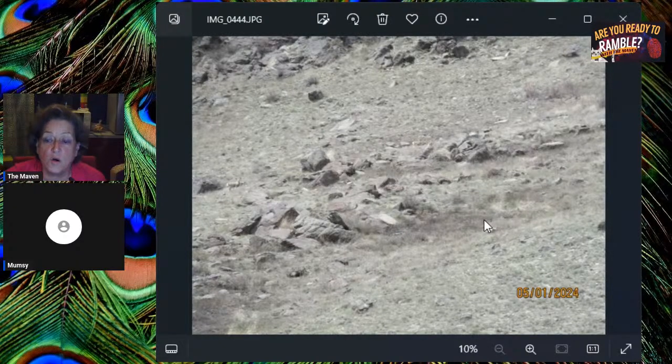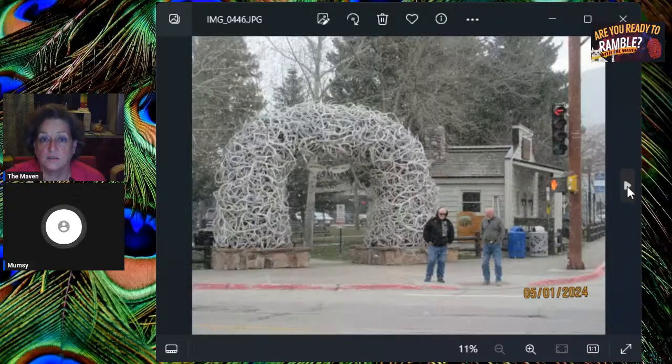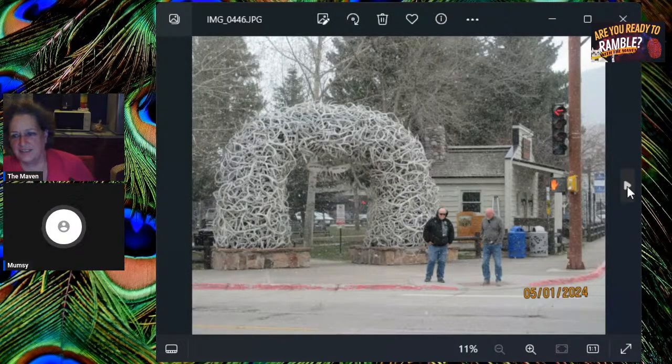Andy says the Elkhorn Arch at Jackson Hole Park. Oh, that's coming up. There it is. Great intro from Andy. Thank you, Andy. These are just a couple of guys just standing there. So if anybody doesn't know, the antlers actually fall off every year and grow back. And so these are antlers that have been collected. No animals needed to be killed in order to make that arch. All four corners have an arch like that.